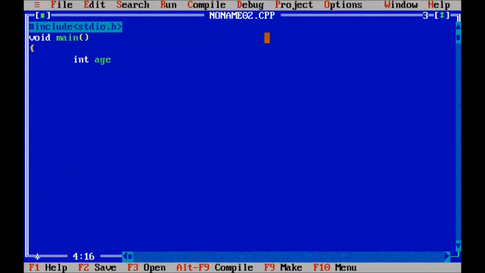We take one variable of integer type and assign the value 15 to age.